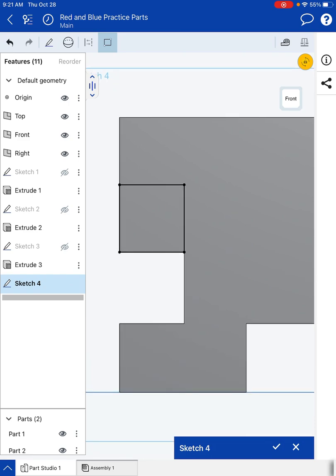Now this is the tricky thing. You can't have any corners touch on things that you're extruding, unfortunately. So let's say I do this. Unfortunately, it won't extrude. You get an error. So I'm gonna hit undo,